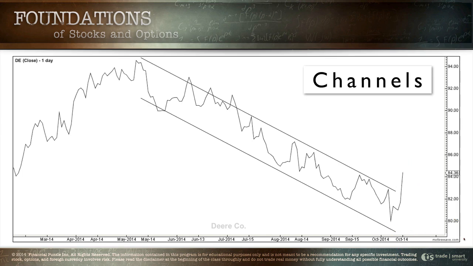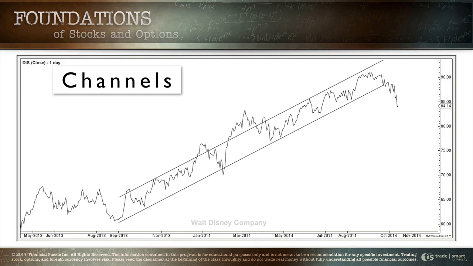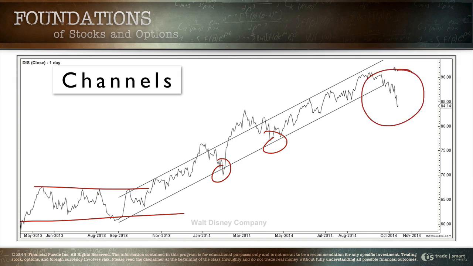Let's take a look at Disney. Disney's been in a fantastic channel for over a year. Now, what do you think has happened? This has been an ascending channel, an upward channel. Been happening since September of last year. Before the upward channel, what happened? This was a sideways channel that we had between March and September. Now, as the trade starts to rally, it comes back down to support, rallies back down to support over and over again. What do you think has just happened here, though?